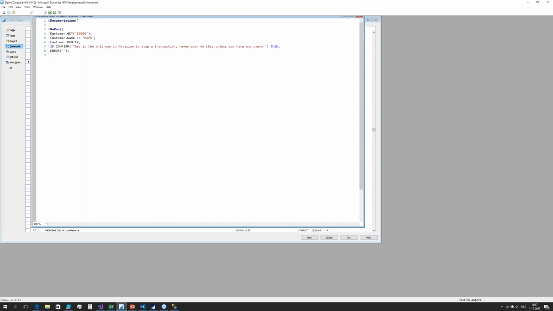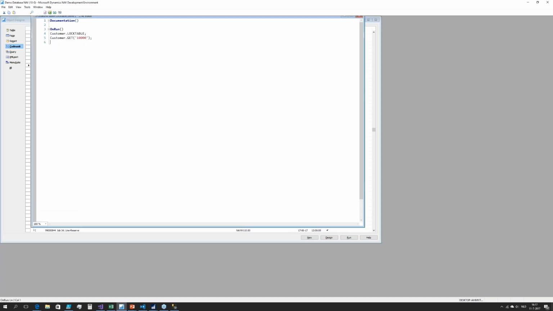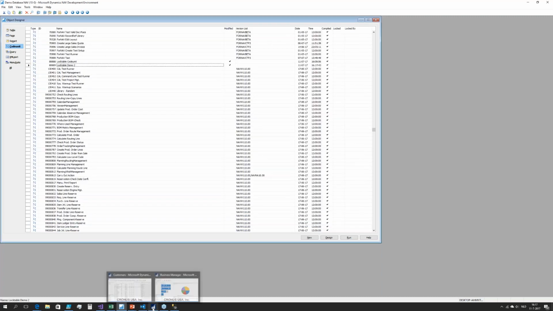We are a bit lazy, so I'm just going to copy and paste this line of code. So if I now execute this codeunit,